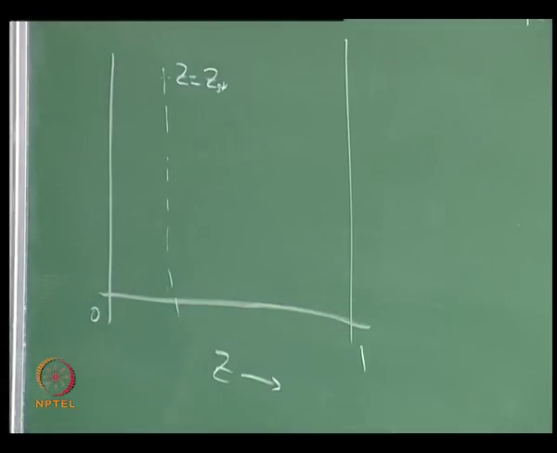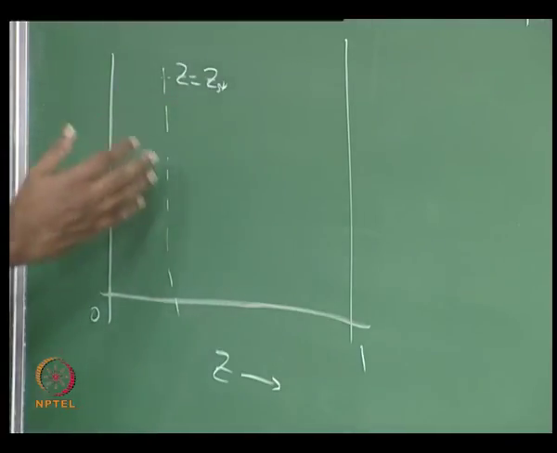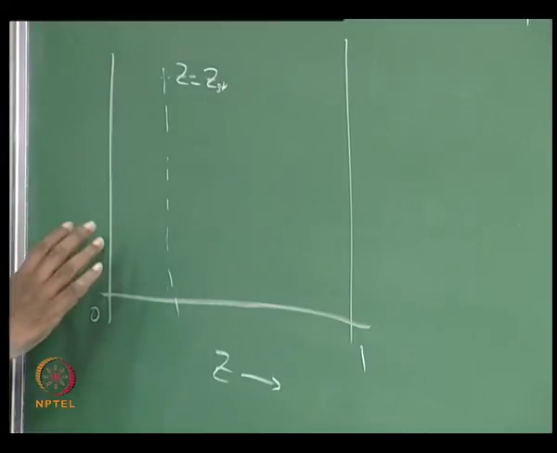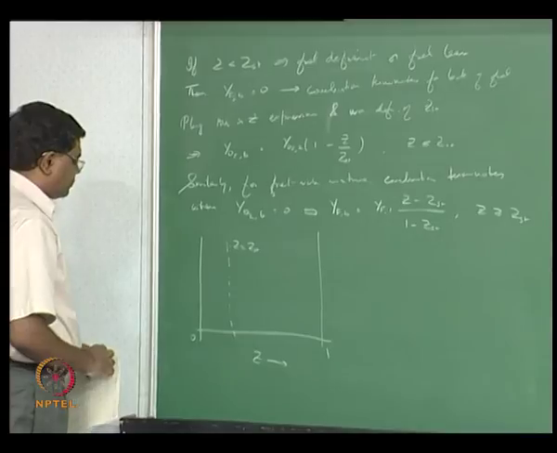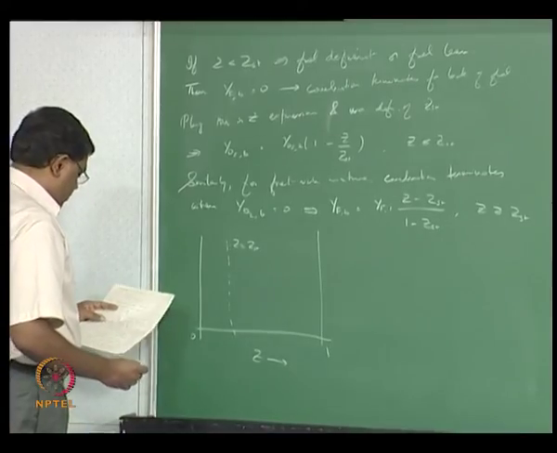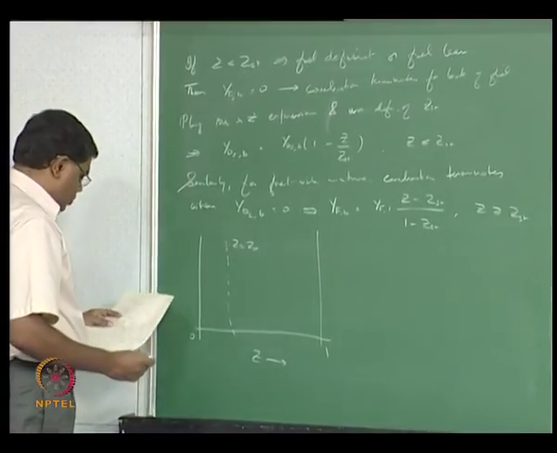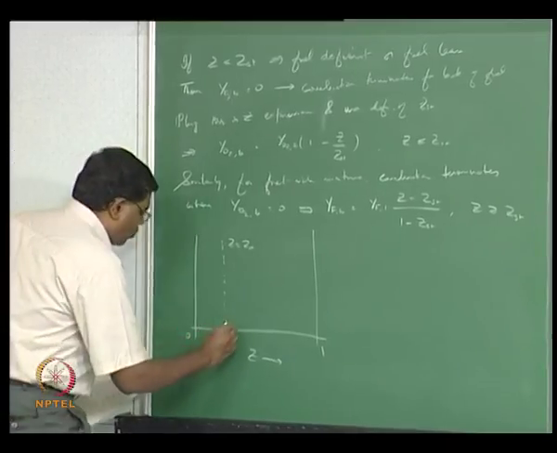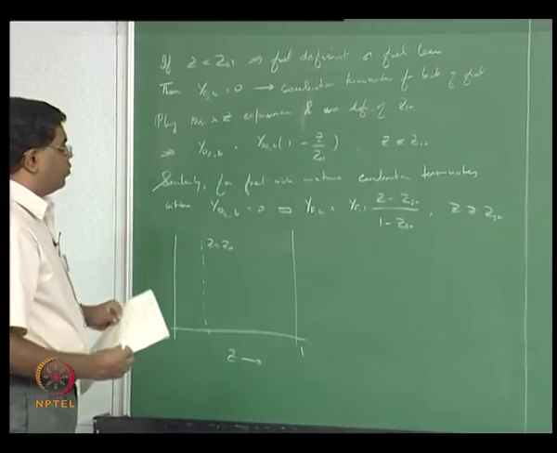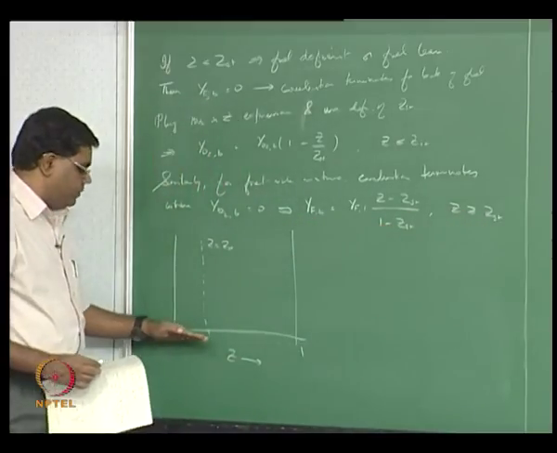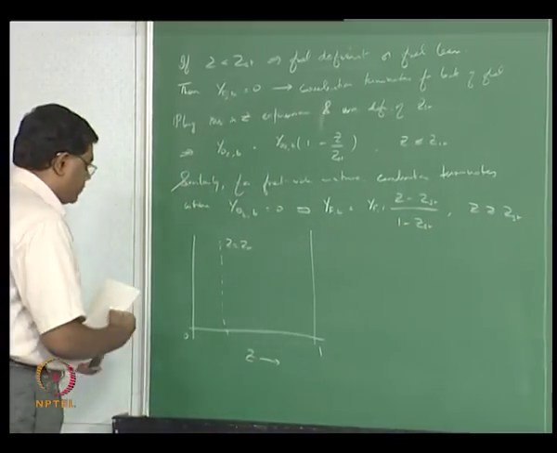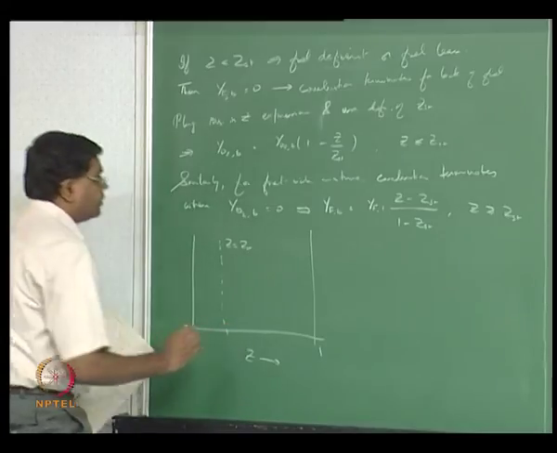Now that becomes an important thing, whether we are on this side of ZST or that side of ZST, because this is going to correspond to a fuel lean situation, that's going to correspond to an oxidizer lean situation. Therefore, YFB is valid only for Z greater than ZST, right. On this side your YFB is equal to 0. Therefore, you have, and this is also linear in Z,